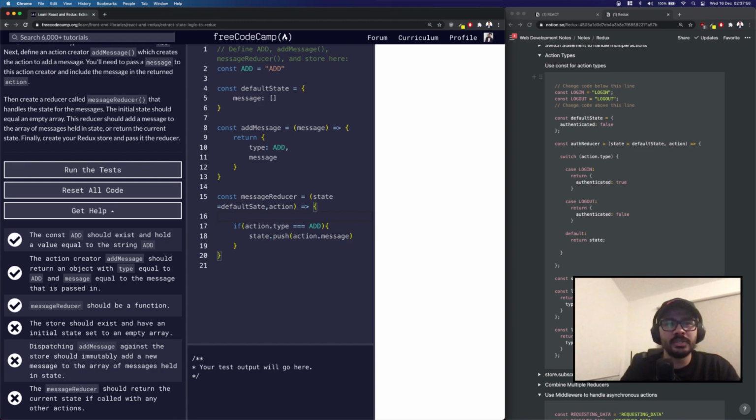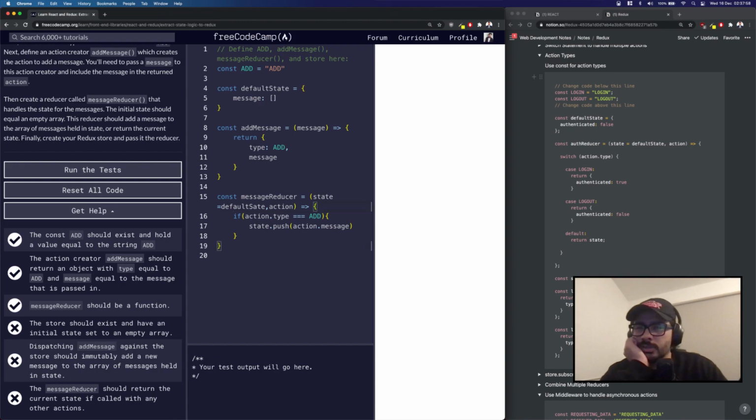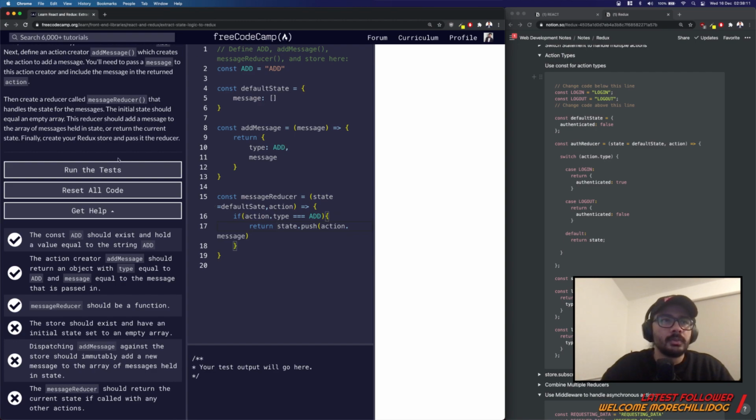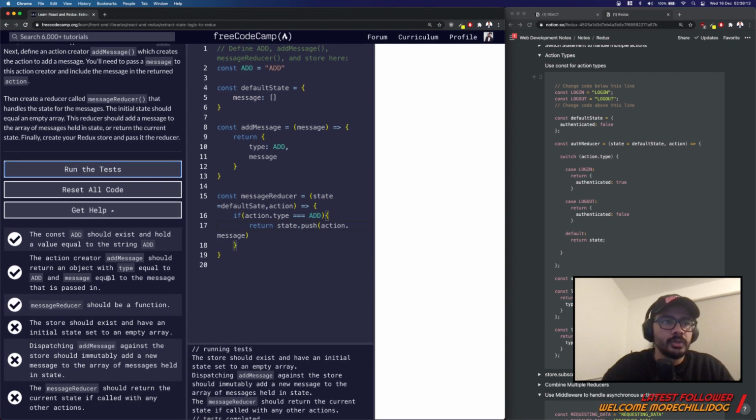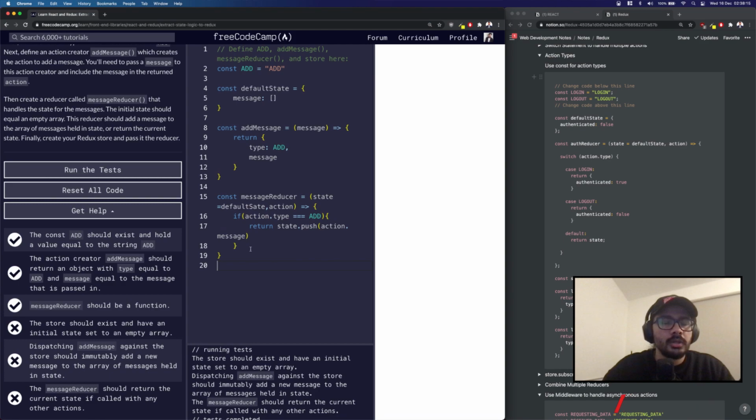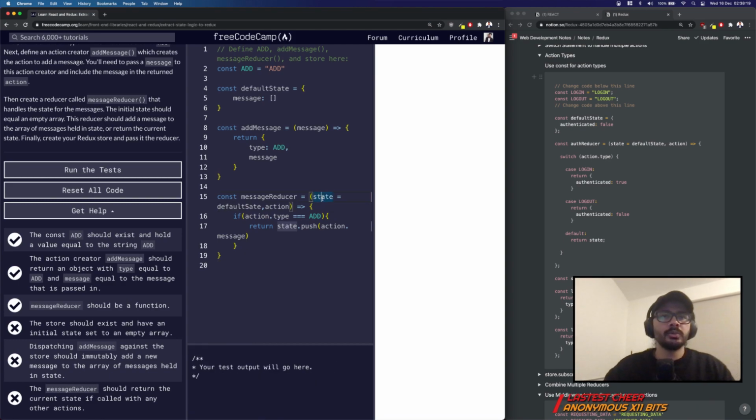Message reducer has to return a state. It has to return a state. No, I don't think that's gonna work because I'm pushing straight into it. Okay, it does work, but it has to be something else, right? So initial state is gonna be default state as an action. If action type is add,